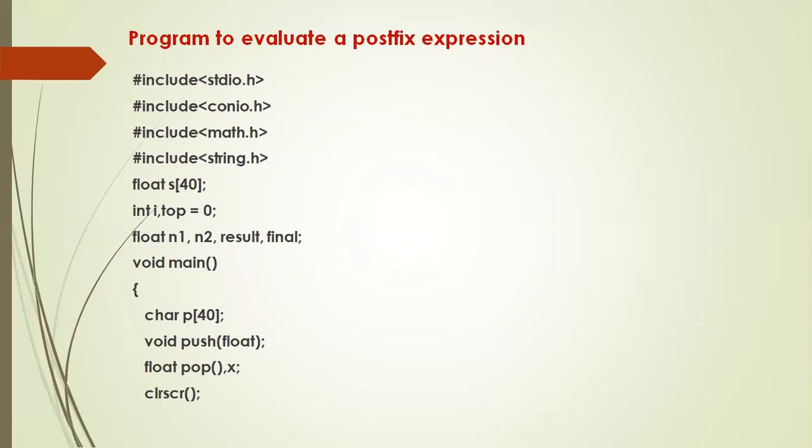For plus, minus, star, we can do addition, subtraction, multiplication, division directly. Whereas for the caret sign, you have to do a to the power of b, but C does not have any operator for that. In that case, you have to make use of the library function pow. For that reason, I have included math.h.